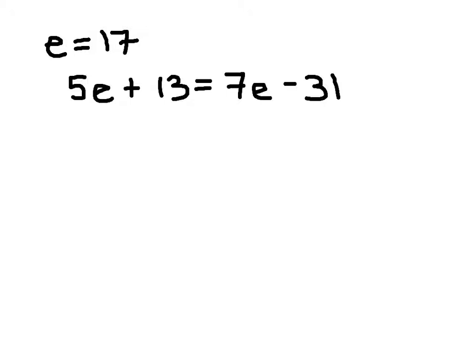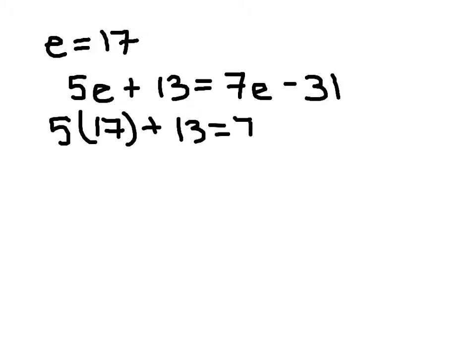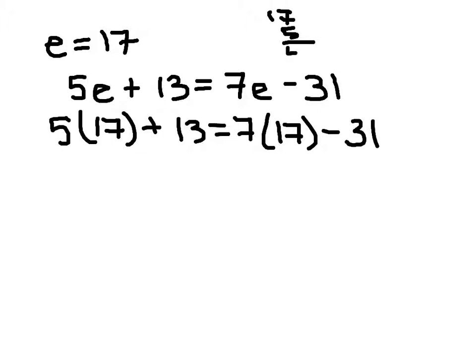So I'm going to plug in 17 here, and that's going to give me 5 times 17 plus 13 is equal to 7 times 17 minus 31. Well, 5 times 17, so let's do that. 17 times 5, that gives us 5, carry 3, so we get 85. So that gives us 85